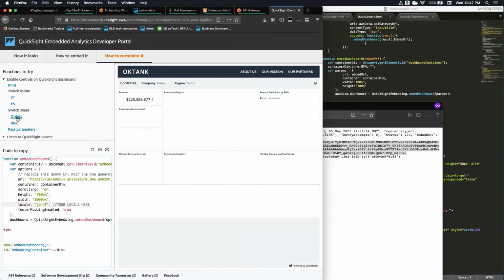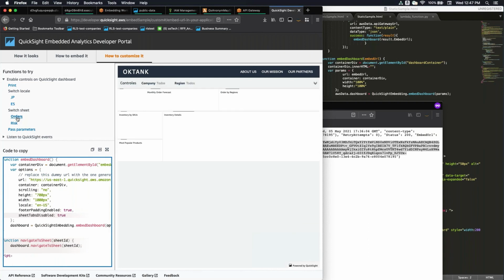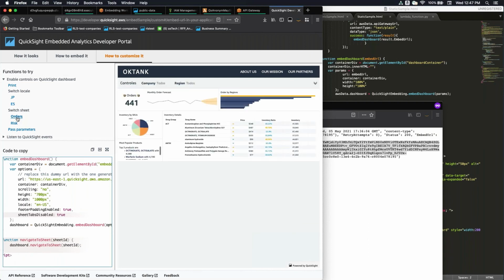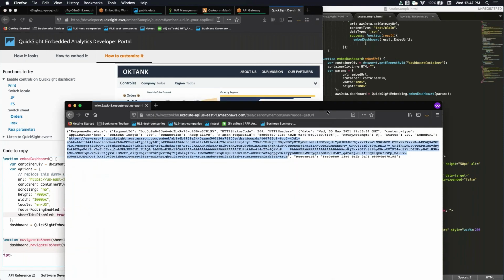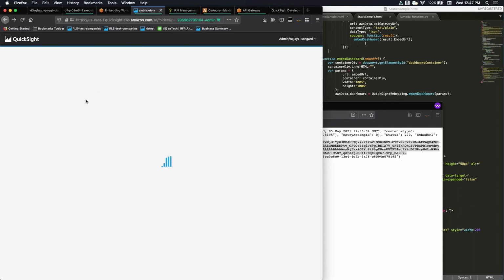Another feature that you can implement is switching between sheets. So for example, within a dashboard, you could have multiple sheets. So let me open a QuickSight dashboard that has